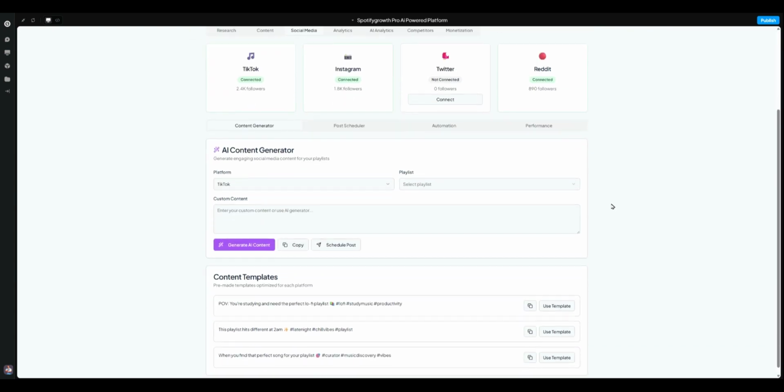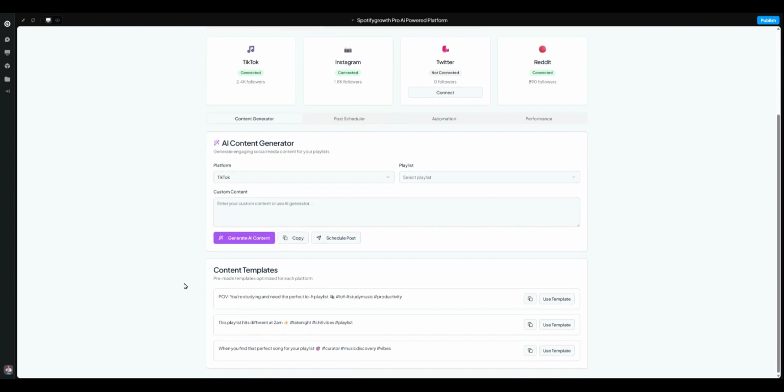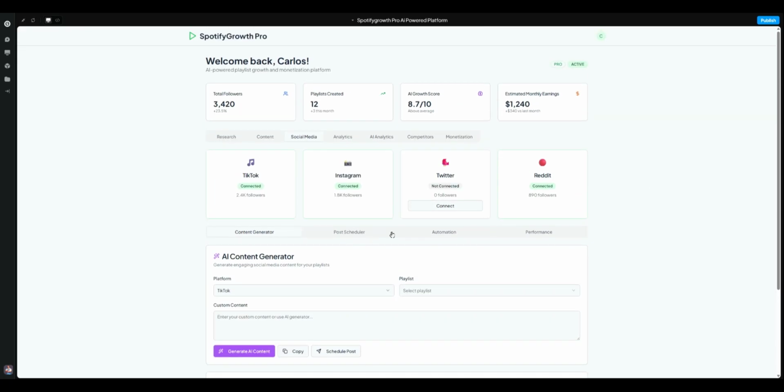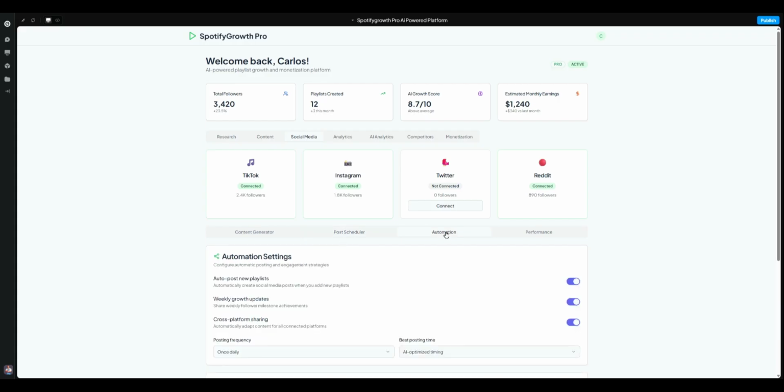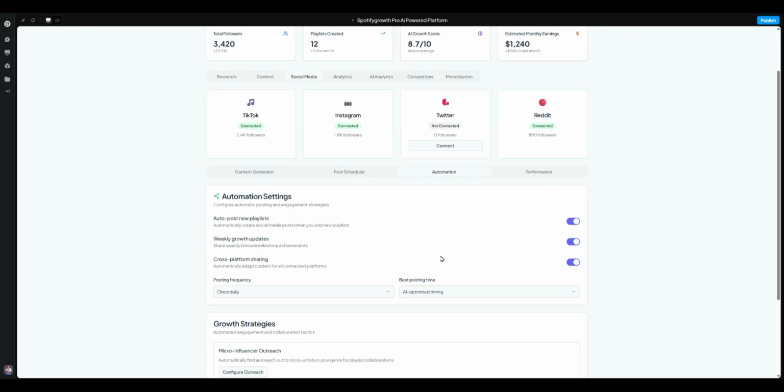It's connected to your social media, so you can post everything. We have some actual templates in there. You're going to be able to post directly from here. So as you're adding songs or doing things, you're going to be able to just instantly have your post go out, and it can go out on a scheduler. So you can schedule it. We're going to complete automation where you don't have to really do anything. Once you're back here and you connect your accounts, everything will automatically get put out.